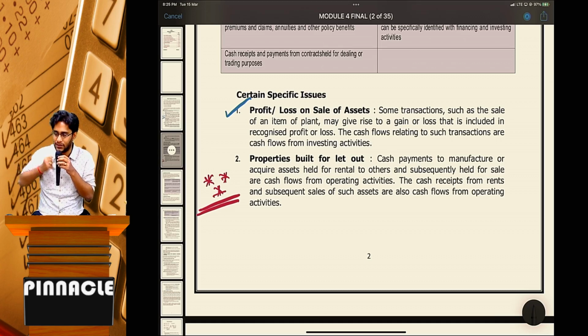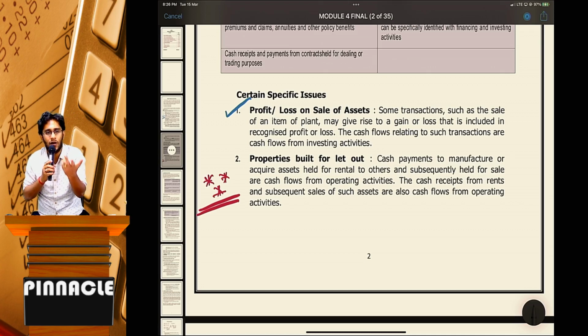That means I buy assets, give them on rent, and also sell them once they are a little old. Where you are buying assets, earning rental income, and again selling that asset, the standard says the entire activity is to be treated as operating activity. That means the rental income I receive is operating. Purchase of this asset,